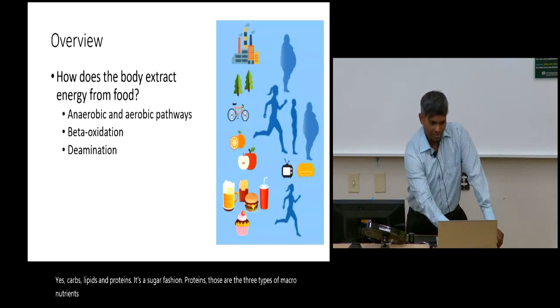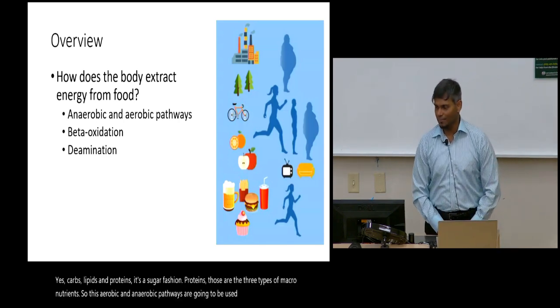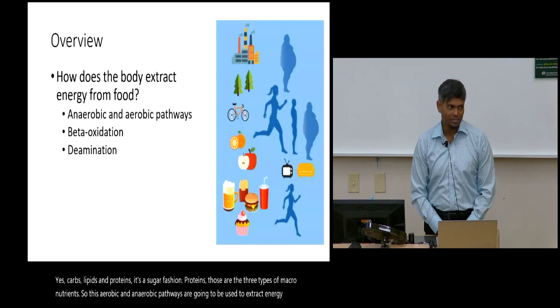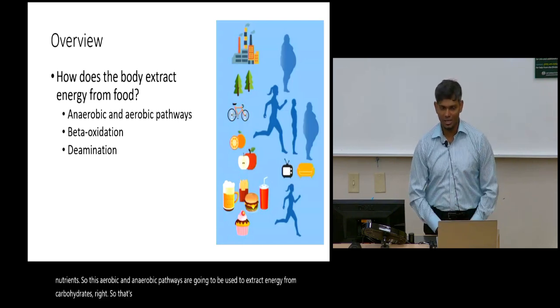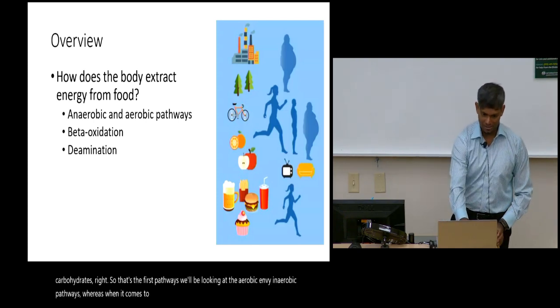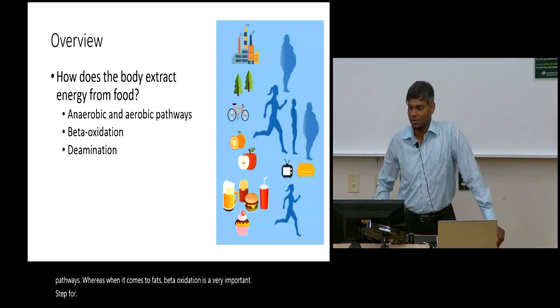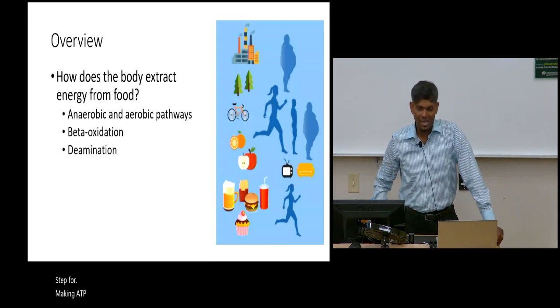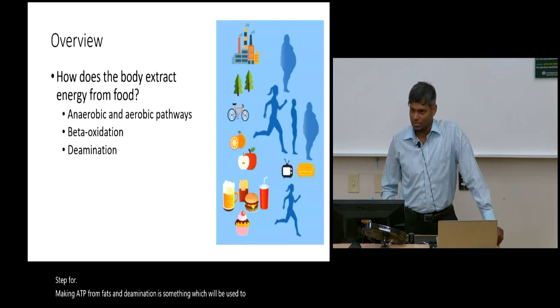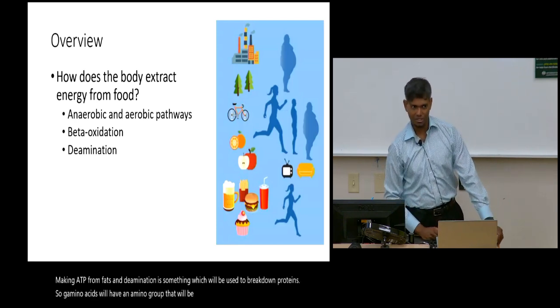So these aerobic and anaerobic pathways are going to be used to extract energy from carbohydrates. So that's the first pathway. We'll be looking at the aerobic and the anaerobic pathways. Whereas when it comes to fats, beta oxidation is a very important step for making ATP from fats, and deamination is something which will be used to break down proteins. So the amino acids will have an amino group that will be taken away by deamination. So this is the first